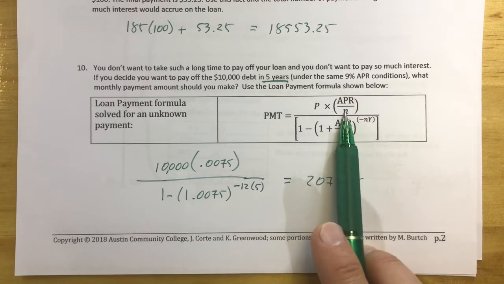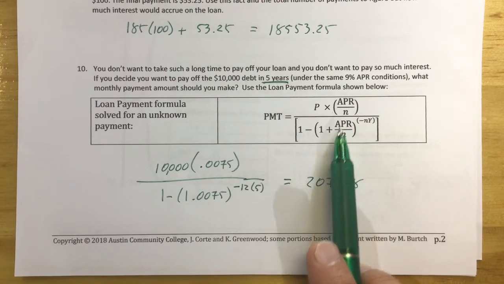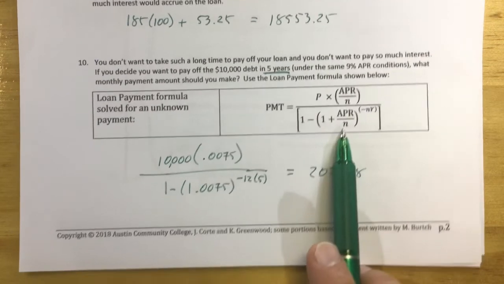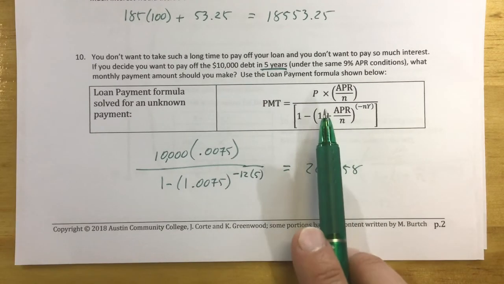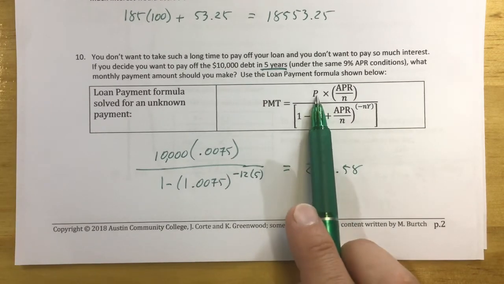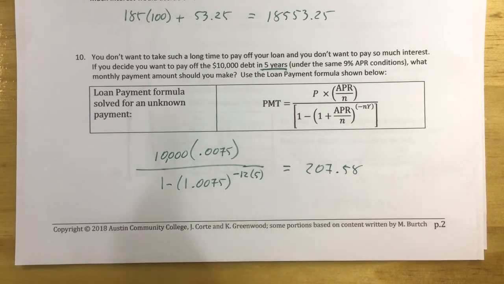There's another question where it's going to change the N value. I want to make sure that wasn't that one. Okay, so it is going to be 12 here. You got your APR, and you know what you borrowed, $10,000. So everything goes in, run the calculations, and it tells you that you can get this whole thing done in 5 years if you do